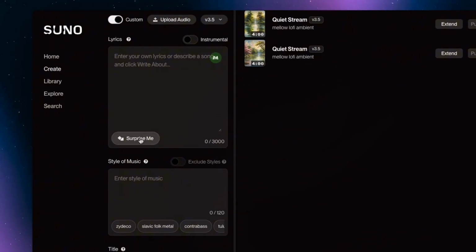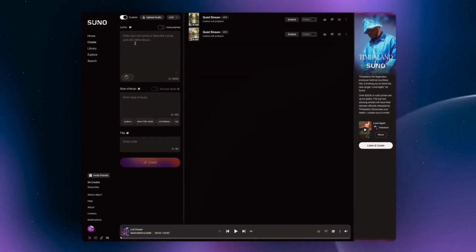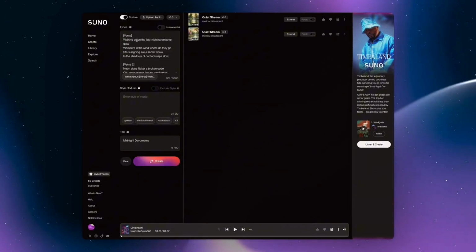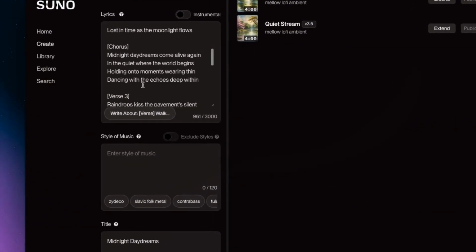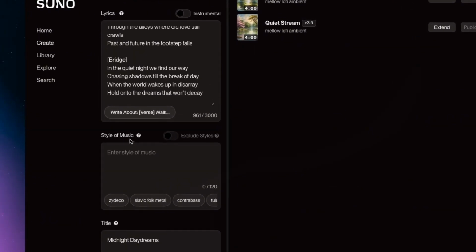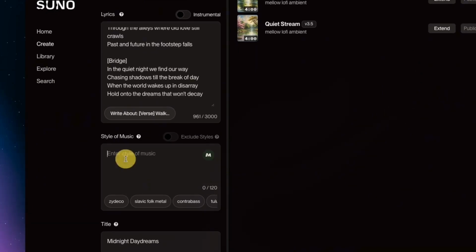You can even hit surprise me if you want the AI to generate lyrics for you. So if you write something like this, you'll notice, let's just wait for a little bit. It'll create a string of lyrics like so, and you can get started with that. And then at the bottom, you have style of music. So then this is where you input the type of song that you want to create. This can be the type of genre, or maybe there's something specific that you have in mind. So you can write something like lo-fi, like a chill lo-fi beat